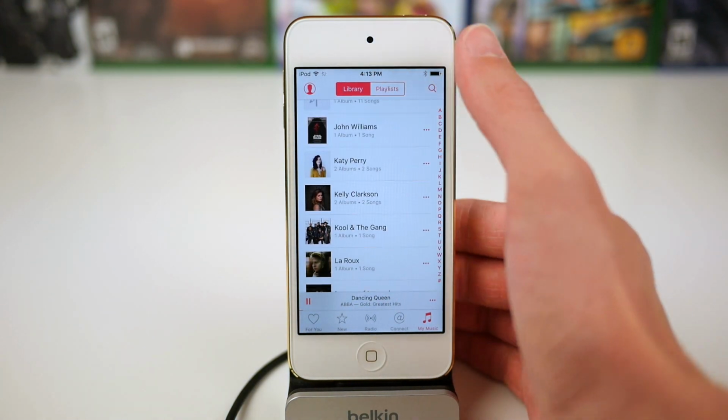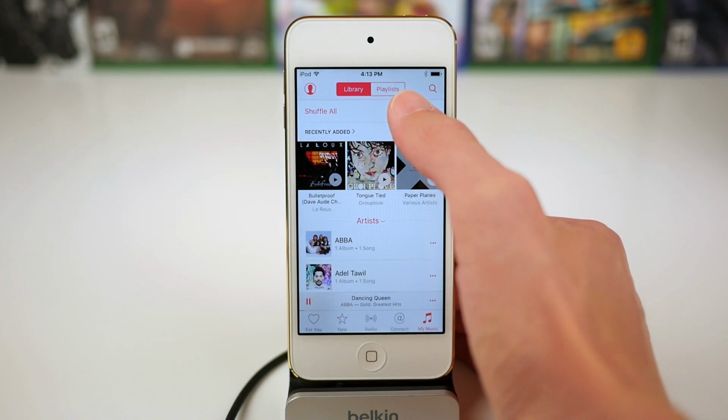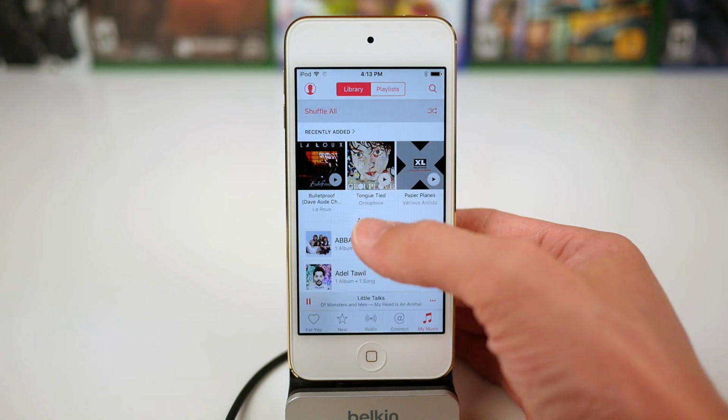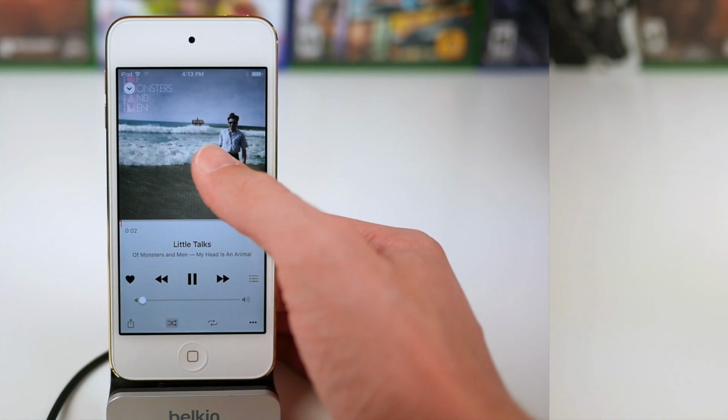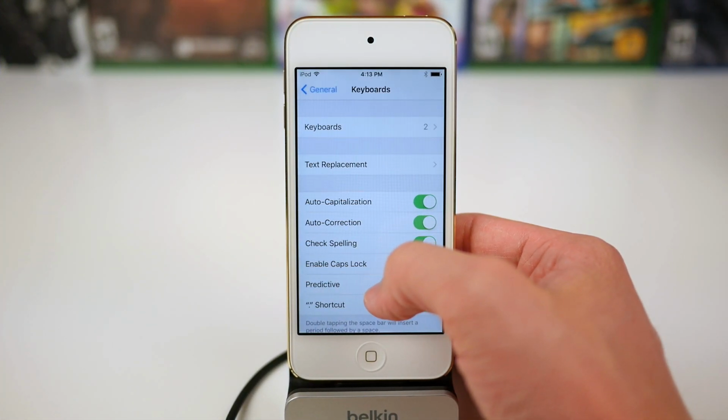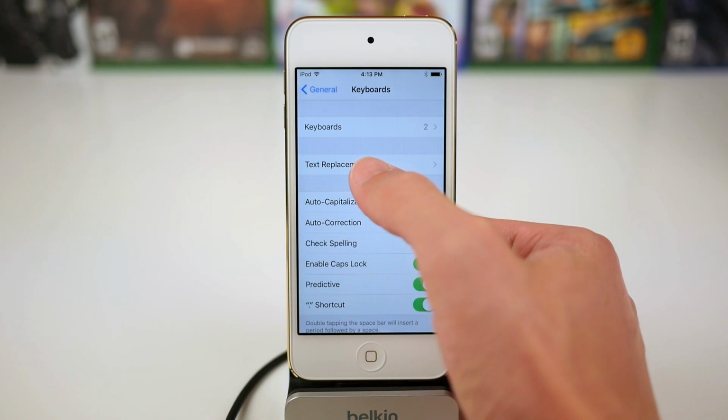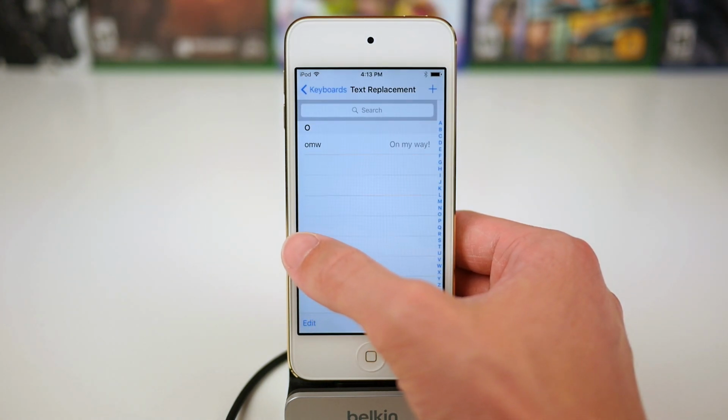And as for the last few changes in iOS 9 Beta 5, CarPlay now features better support for Apple Music and Beats One Radio, and artwork is also displayed in a slightly different manner than before. In the keyboard preference panel, keyboard shortcuts have been renamed to text replacement, and finally, there's a new toggle under the cellular preference panel that allows you to enable something called Wi-Fi